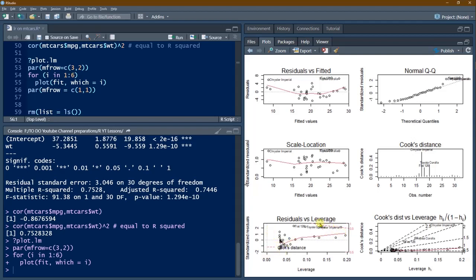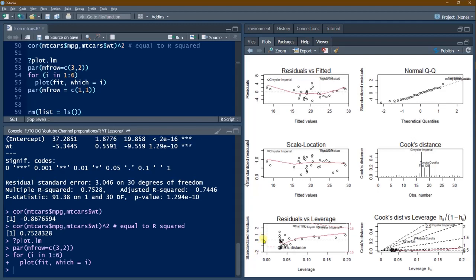Here what we generally look for is these red dashed lines. This is the Cook's distance curve. If you see any point outside this, that is having a larger influence. So this is also showing the influence, and the same thing is being shown here. On the left hand side bottom as well as the right hand side top, you will see the extremes.